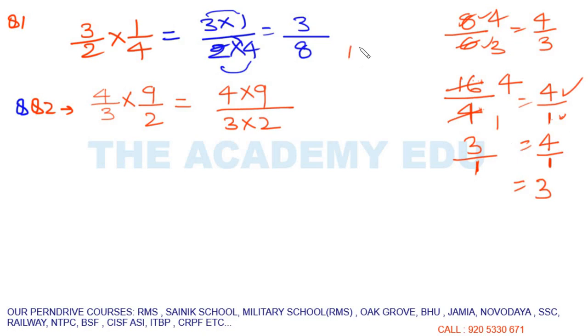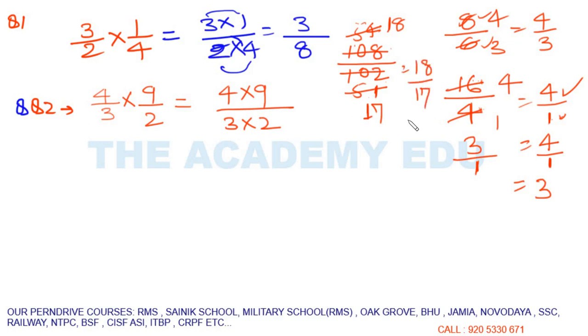Similarly, suppose we have 108 and in the denominator 102 and I want to cancel it. So I take any number which divides both of them. So I take 2, see here, 2 5 ja 10, 2 4 ja 8, 2 5 ja 10, 2 1 ja 2. Now, is there any number which can cancel this one and this one? Yes, 3. 3 1 ja 3 and we have 2. So 3 8 ja 24. Now cancel it by 3, means divide it by 3. 3 1 ja 3, 3 7 ja 21. So the answer is 18 by 17. Got it?